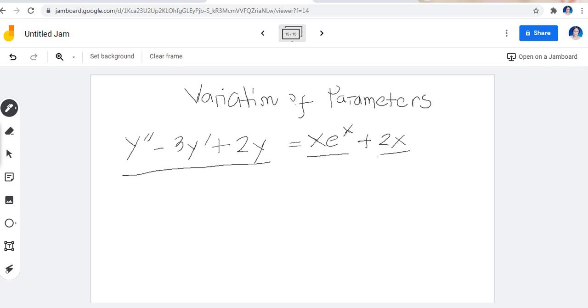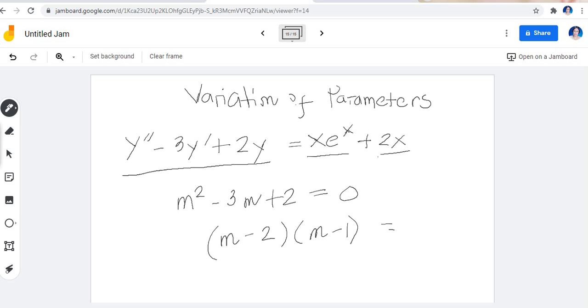Now in here, we will not use the separation of the two parts of the solution using method of undetermined coefficient, but primarily our solution will be based on the form of the complementary solution. So if I will write the characteristic equation for this, that would be m squared minus 3m plus 2. Now, this is our characteristic equation, and upon factoring, you have m minus 2 and m minus 1 being equal to 0, telling you that you have real unique roots